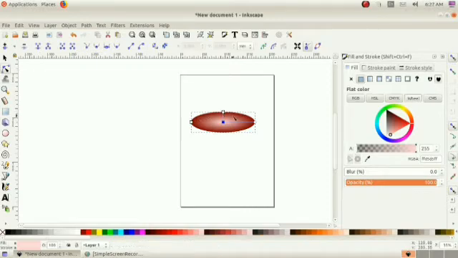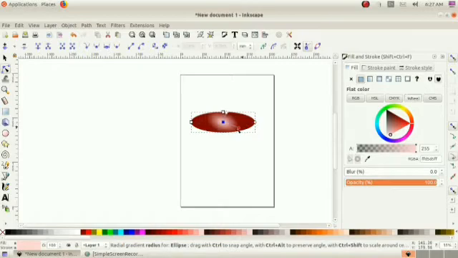Then click on the outer node and select a dark shade for the outer color, and click on the inner node, then select a light shade for the inside color. Then let us arrange the color like this.